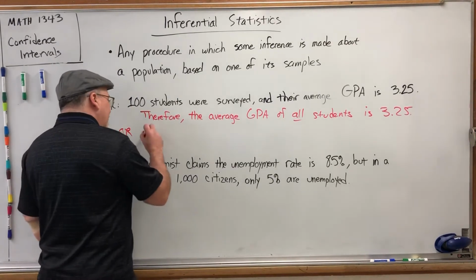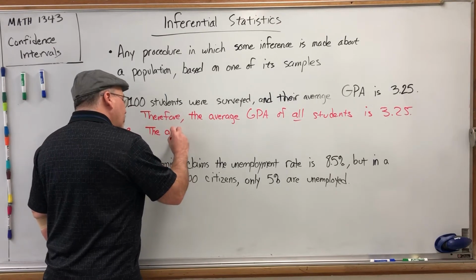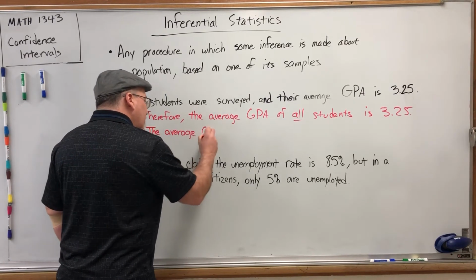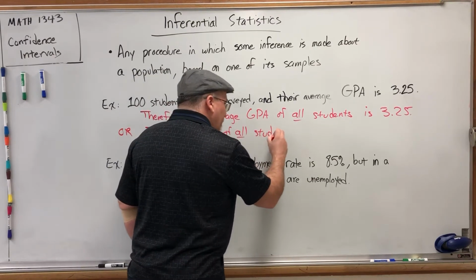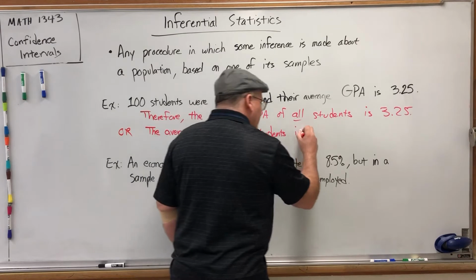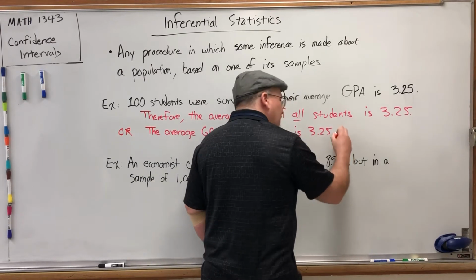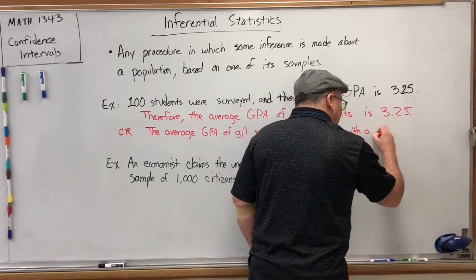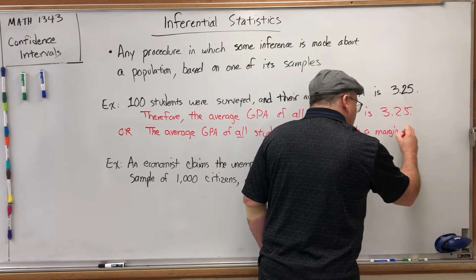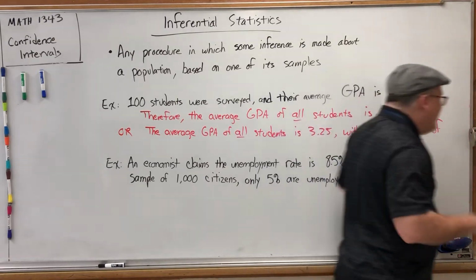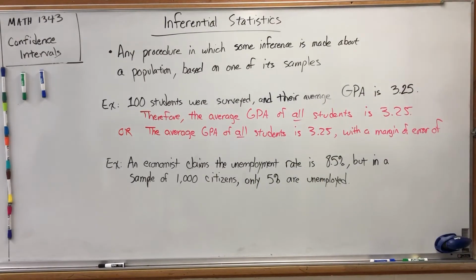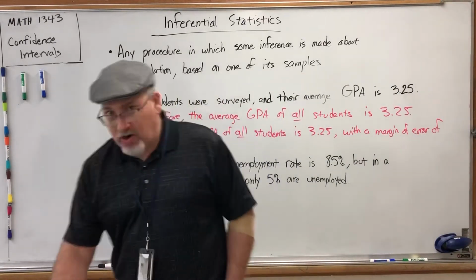We could say something like the average GPA of all students is 3.25, with a margin of error of, and then there would be calculations involved to finding this margin of error, but just for the sake of simplicity, let's say the margin of error,